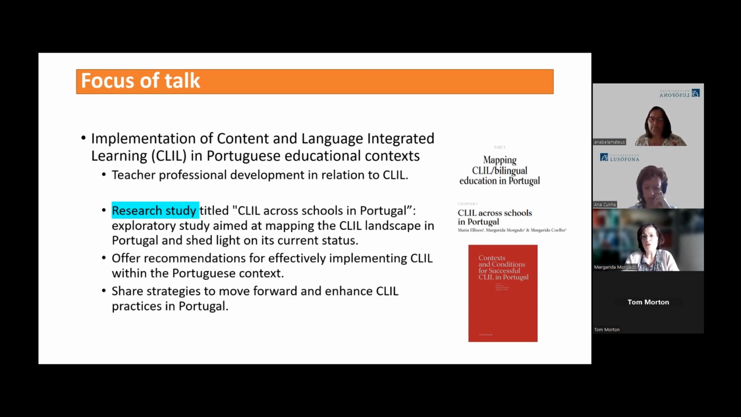And so this exploratory study aimed to map the CLIL landscape in Portugal and shed light on its current status. And furthermore, I will offer recommendations for effectively implementing CLIL within the Portuguese context, and this may be borrowed by other contexts or not. And all these recommendations have been derived from the contributions made to this volume. And by considering these suggestions, I hope to share strategies to move forward and enhance CLIL practices in Portugal. So this was my big introduction. So let's move on to